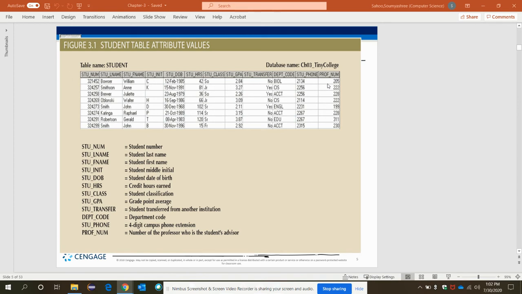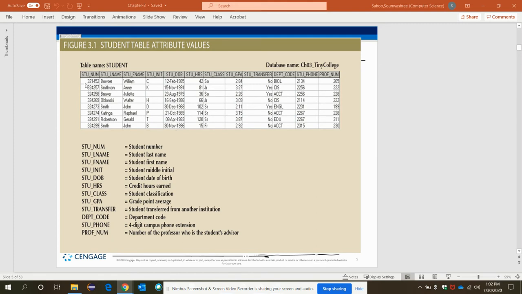Each row is termed a record and each column can be defined as the attribute or the characteristic of the given table. Each table row represents a single entity occurrence within the entity set. Each column represents an attribute and each column has a distinct name.